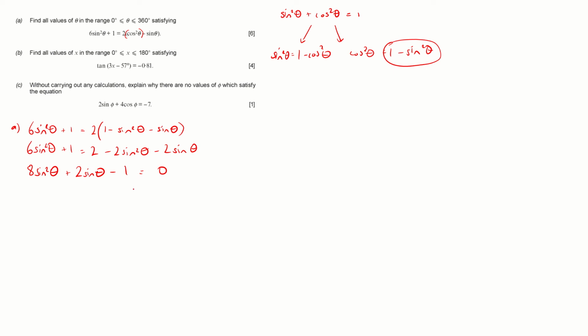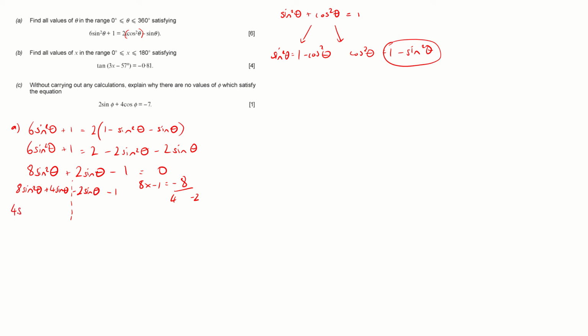Okay, so what we have here is a quadratic we're going to need to factorize and split down the middle. So it's going to be 8 times minus 1 is minus 8. Your factor pair is 4 and minus 2. It doesn't actually matter which side they go on, but I'm going to split it. Remember, it starts with 8 sine squared. You may prefer x instead of sine theta, it's up to you. I'm going to go for plus 4 sine theta minus 2 sine theta